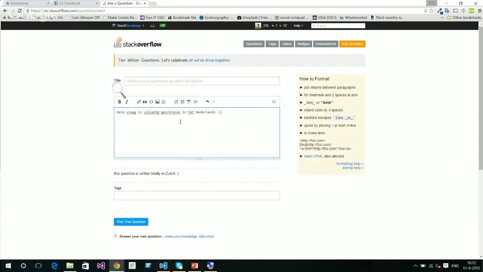It also works with emoticons. That's awesome. Deze vraag is volledig geschreven in het Nederlands. Klopt dat? Ja, dat is veel goed. See, if it was Google doing this translation,